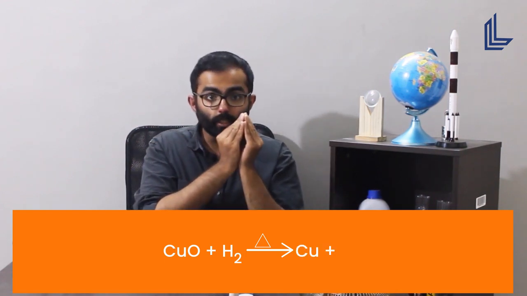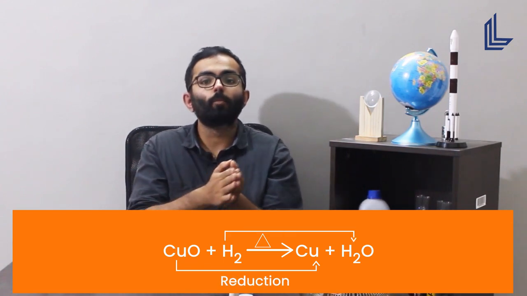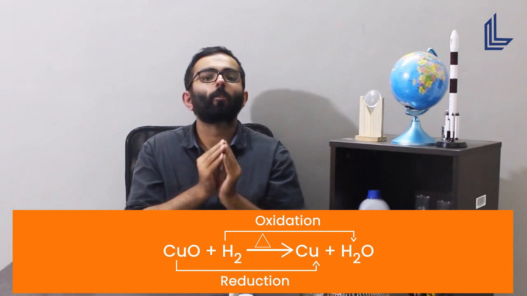Now let us take another example. Similarly, taking copper oxide from this reaction, let's take an example of a reduction reaction. Let us take copper oxide and pass hydrogen gas through it. Now what do you think will happen in this reaction? What will happen is that when copper oxide reacts with hydrogen, it gives us H2O along with copper. So in this reaction, copper oxide is said to be reduced because it is losing oxygen. Similarly, hydrogen is said to be oxidized because it is gaining oxygen.